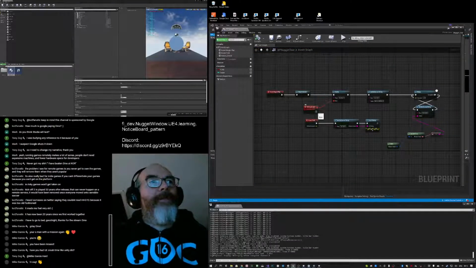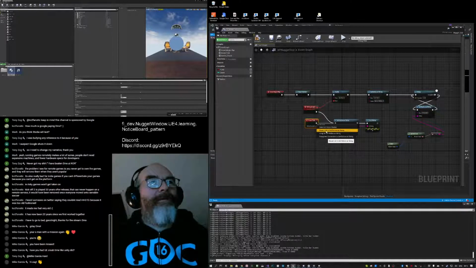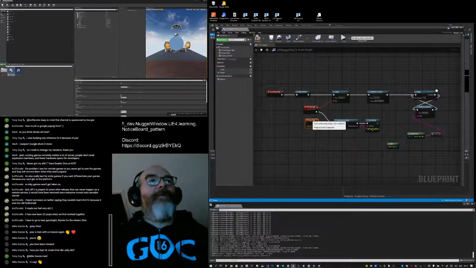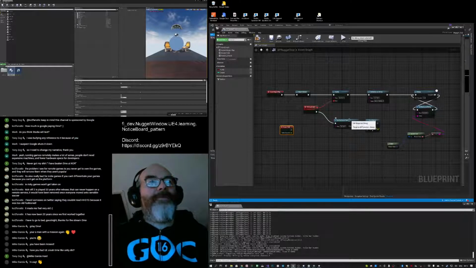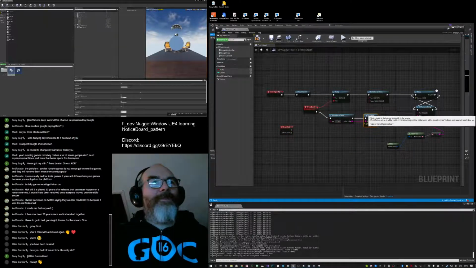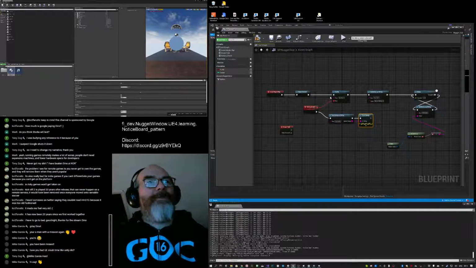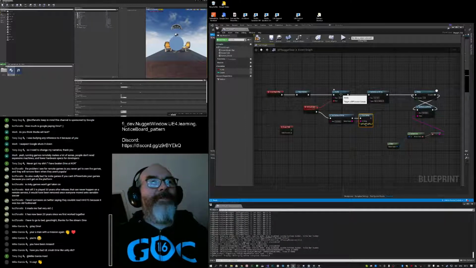Now, if I take that and plug that into here and break this link, now it will only print string, prints test key when it changes. So basically what this is saying is it's setting it up so that this gets executed when test key changes, and when it does, it gets its value.